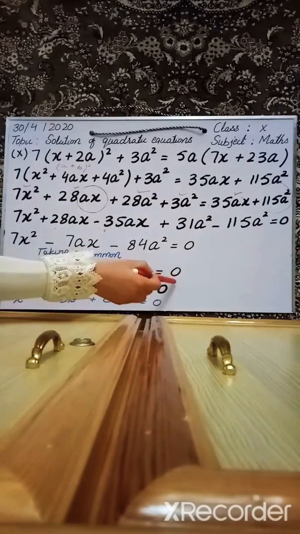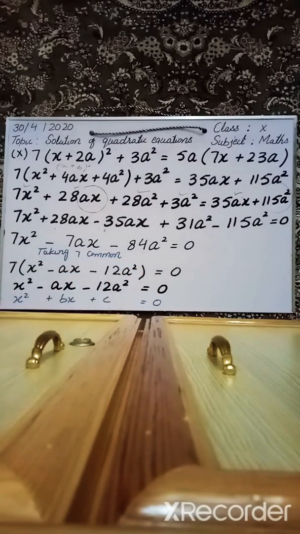When it moves to that side of the equation, it will get divided. So again we will have 0 on that side of the equation. Then we have x square, ax and minus 12. See, I have compared it with a quadratic equation in the standard form x square, then bx, and this is the constant term c, because it does not have any variable x. And we have to just see x. X is the variable for the quadratic equation. So now I have brought this equation into standard form. Now I can apply the completing square method over this equation.